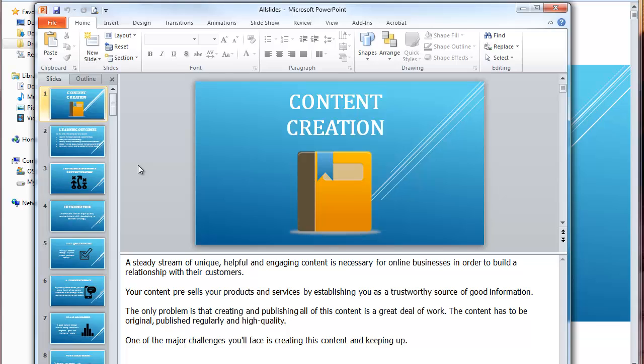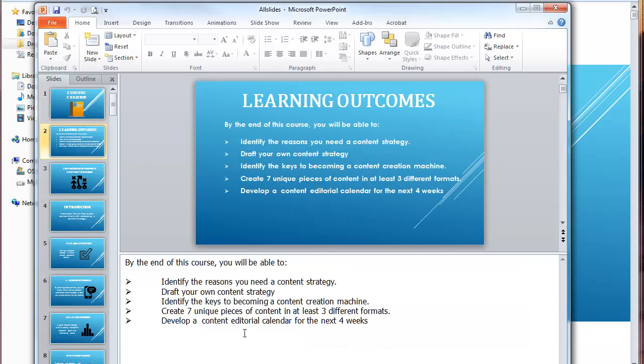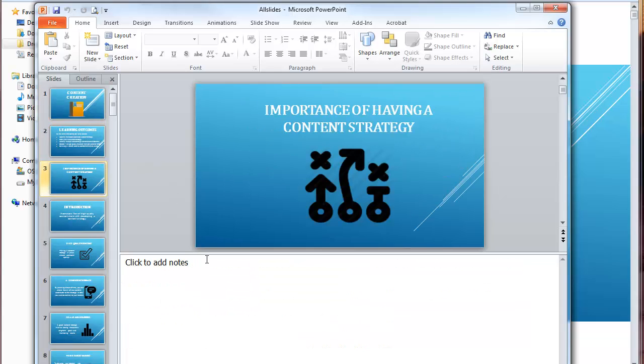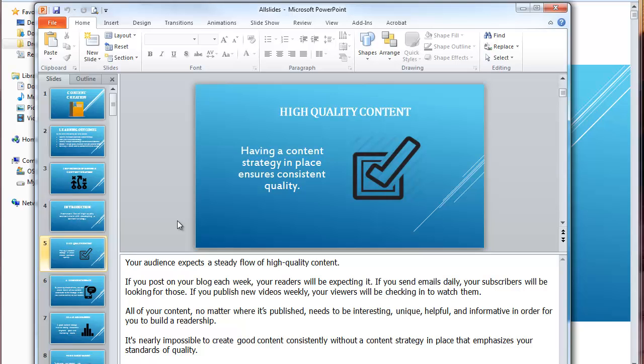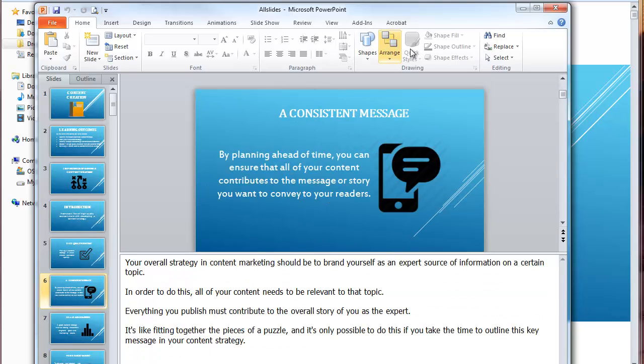So when you go through and actually present, you'll be able to follow along with the speaker notes, and you might want to edit those to put some of your own language in, put some transitions, but it makes it ready for you to go and record or present.